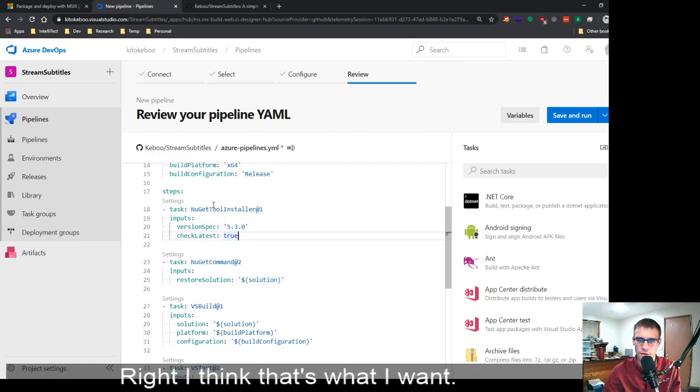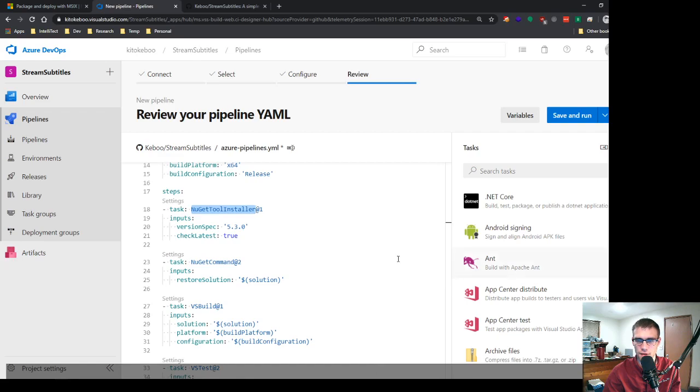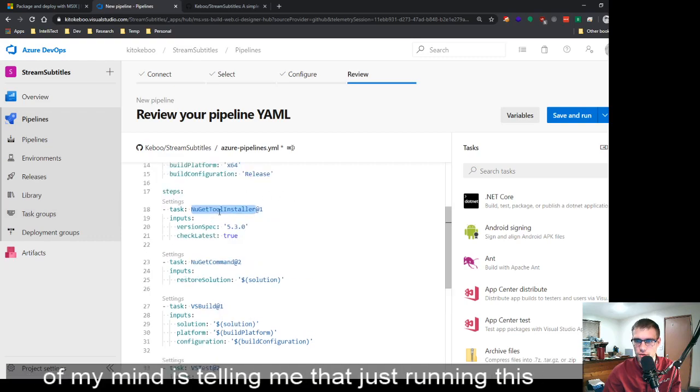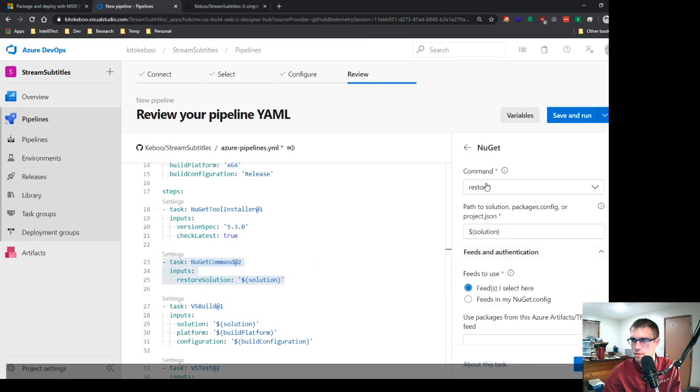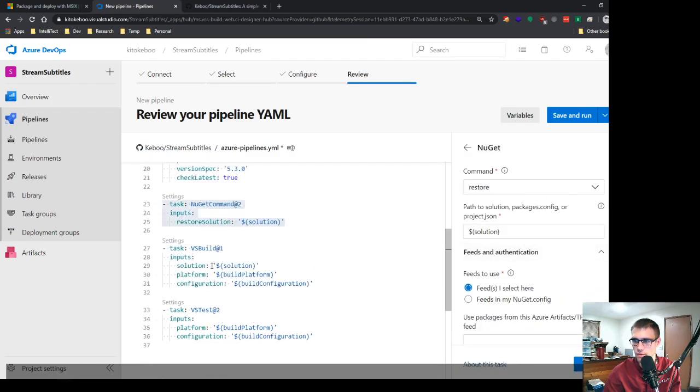Something in the back of my mind is telling me that just running this by itself doesn't guarantee the latest version. I don't know if that's 100% true, but I want to double check. So we're going to try that. So NuGet tools installer, it's going to run a NuGet command, which is going to do a restore, which is great, on the solution. Perfect. It's going to compile the solution,